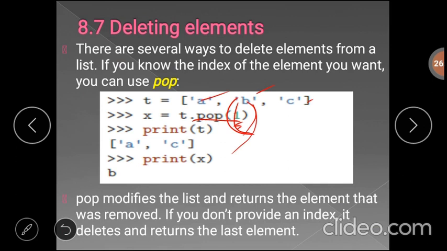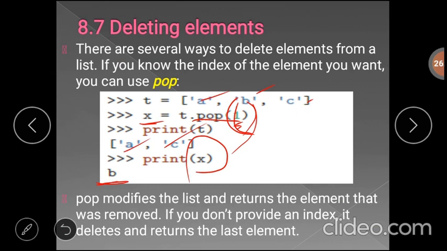This pop function returns the value which it has deleted. Print of t, in the t list we have only 2 elements after deleting, that is a and c. If you print the returned value x, it will return the value b.